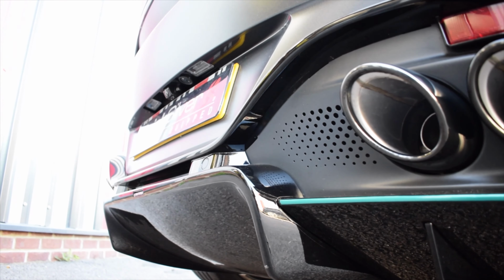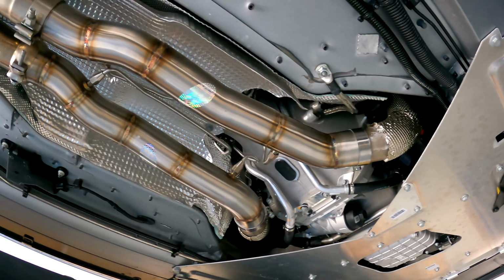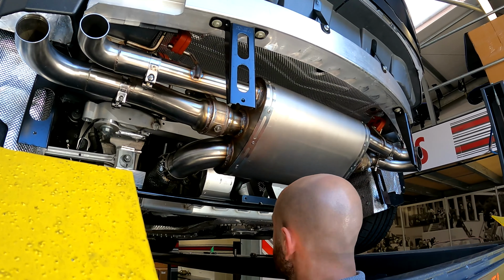This is a 2024 V8 Vantage. It is the first one in the world to have a QuickSilver Sound Architect full setup. Yes, we have got the OPF delete pipes on the front and a Titan Sport Sound Architect rear section on the back. We're going to hear what it sounds like on the road, and I'm going to show you before and after